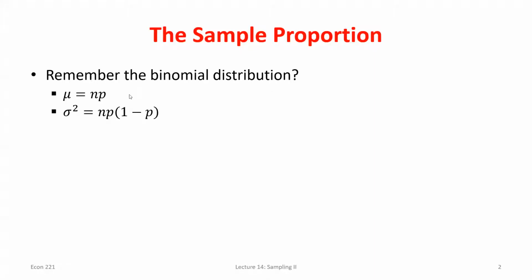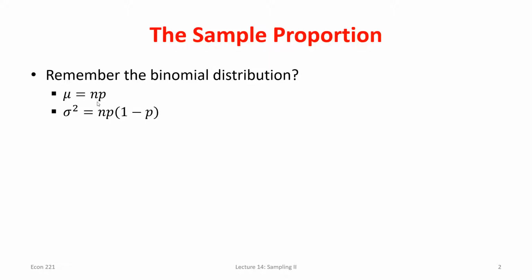All a sample proportion is really the sample mean of a 1-0 variable, right? So if we go back to the binomial distribution, we remember there we were looking for the number of successes, say, out of 100. We said the mean would be equal to this equation, the variance is equal to this equation. Well, that was giving me the number of successes out of 100. If I wanted to turn that into a proportion, so that's between 0 and 1, or a probability, well, if this is the number of expected successes, to turn that into the probability, I would just divide by whatever my trials was.